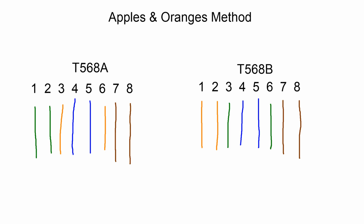Now you'll notice I didn't mark which ones are striped and which ones are solid. I saved that for the end because it's pretty easy. To do stripes and solids, all you have to do is remember that the stripes are always the odds. So we're going to stripe this one, stripe this one, stripe this one, stripe this one,